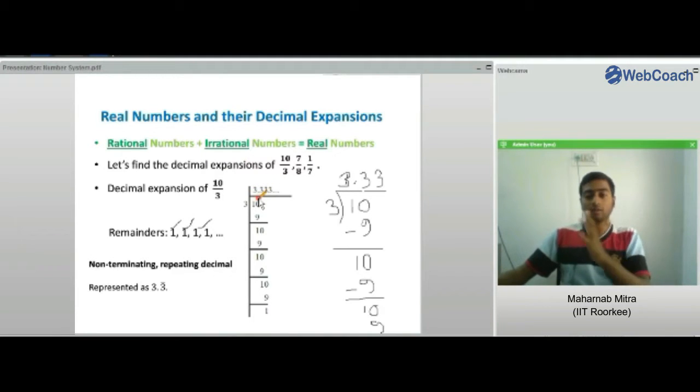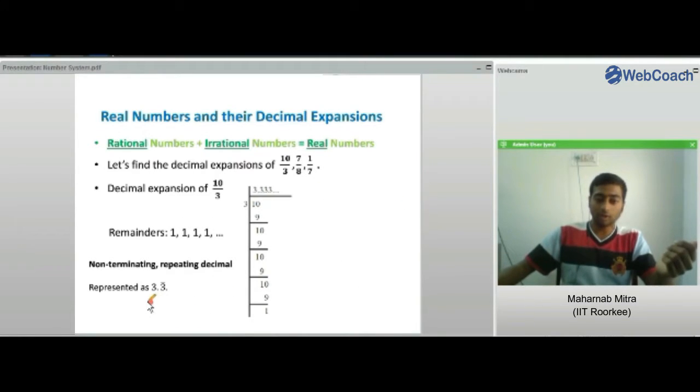And this number, 3.33333, as it goes on, we can represent it in a shorter form. And how is that? We can represent the number like this: 3 decimal 3 with a bar above it. And what does this bar tell us? This bar tells us that this number 3 has been repeated over and over again. For example, if we take